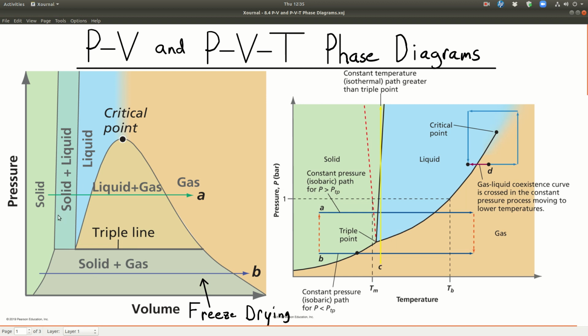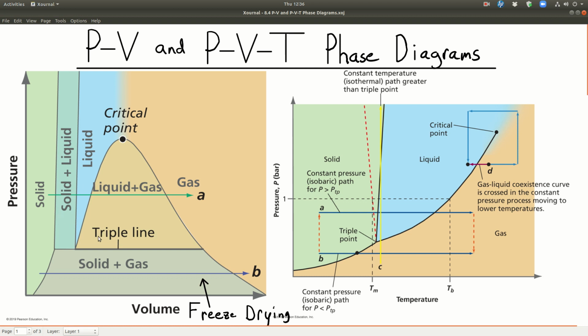Also, when we go from solid to a liquid, let's say, we pass through this region here in the pressure volume phase diagram where there's some solid and some liquid. At this end right here, it's going to be pretty much all solid. At this end up here, it'll be pretty much liquid. But we do see there's a definite change in volume, which makes sense as you go from a solid